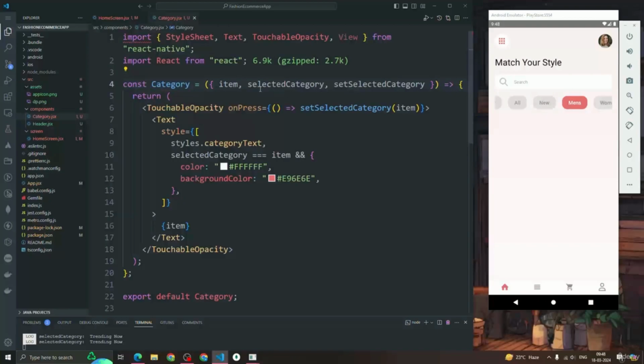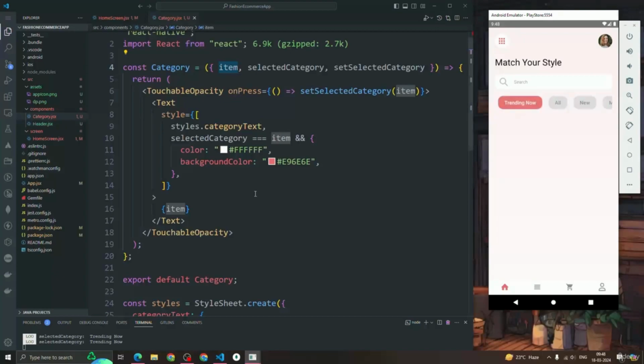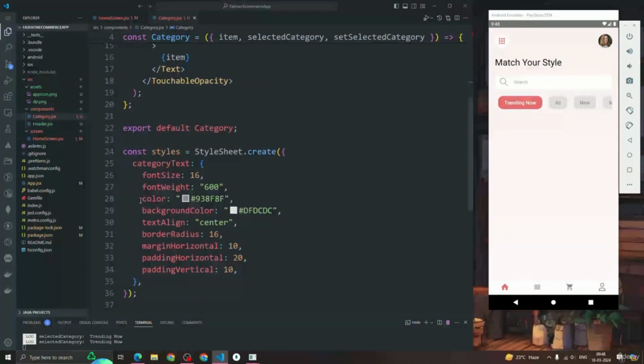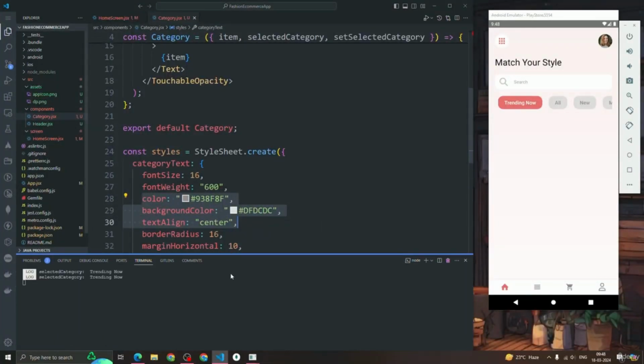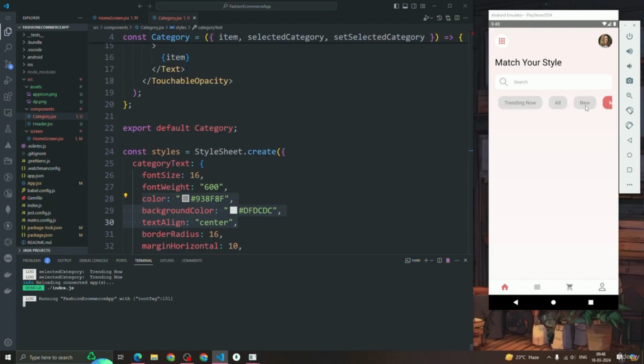We went to the Category component, and we destructured all the values: item, selected category, set selected category. We have our TouchableOpacity. Inside this, we are just rendering the text, and whenever the user clicks on any item, we update the set selected category value with the new value, whatever the user clicked on. After that, we check if selected category is equal to the item, is it matching with the current item? If it matches, then apply this property: the background color is this and the color is this. And the default color is this color. So this is how we make a scrollable horizontal FlatList